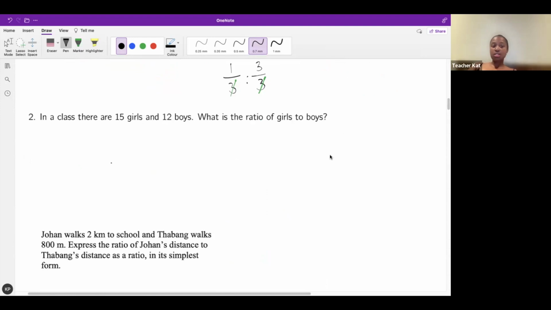It says in a class, there are 15 girls and 12 boys. What is the ratio of girls to boys? First, I'm gonna put the numbers as they are in a ratio. So I'm gonna put 15 to 12. Okay, now what is my common factor between 15 and 12? 3. That means I'm going to go and divide both of them by 3. Okay, so then my ratio is